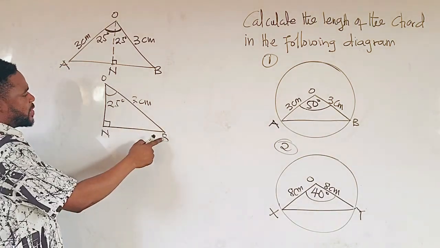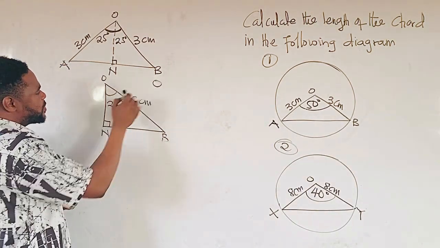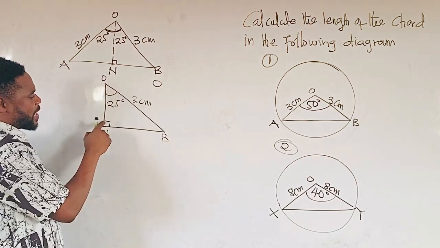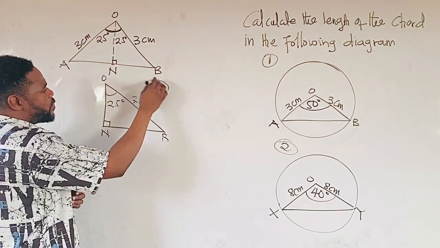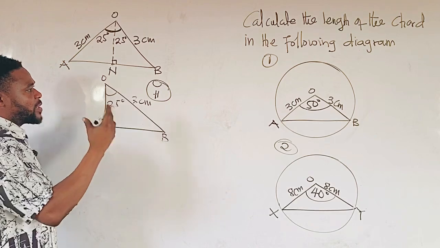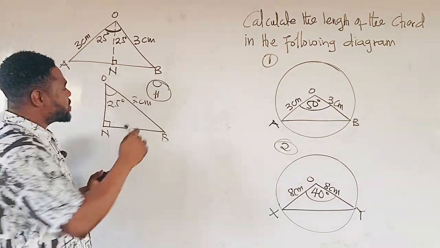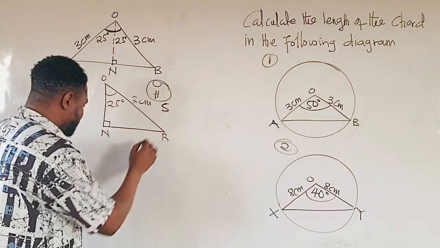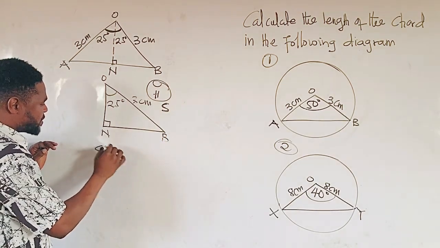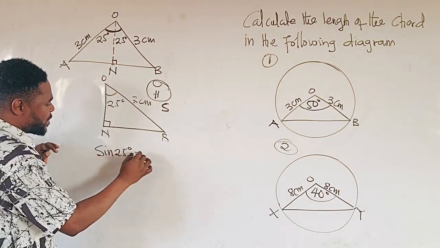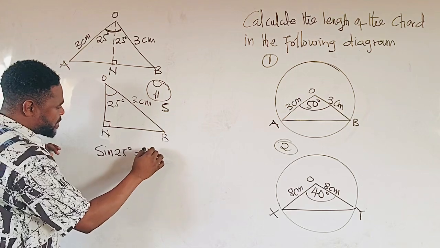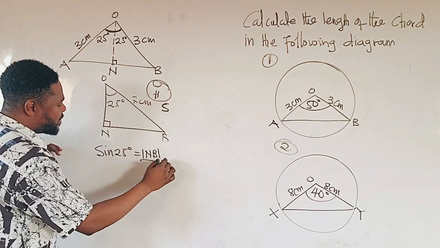Now, NB is opposite to this angle, and OB is the hypotenuse. So we are going to use the ratio that has opposite and hypotenuse, and that will be our sine ratio. So we say that sine 25 equals opposite, which is our NB, all divided by